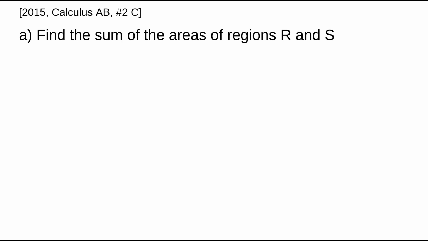This question is from 2015. It's question 2, and it is calculator active. In the question stem, we have two regions R and S in quadrant 1 defined by two intersecting functions. In part A of the question, we are asked to find the sum of the areas of the two regions